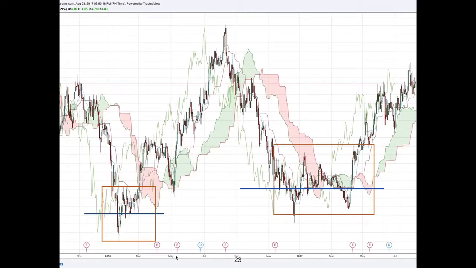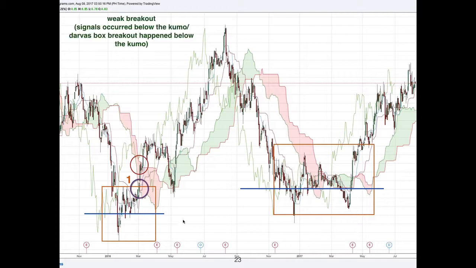Now let's differentiate between a weak breakout and a strong breakout. In number 1, a Darvas box breakout occurred before the kumo breakout. Here's your Darvas box breakout, and here's your kumo breakout. The signals occurred below the kumo, and the Darvas box breakout happened below the kumo. So